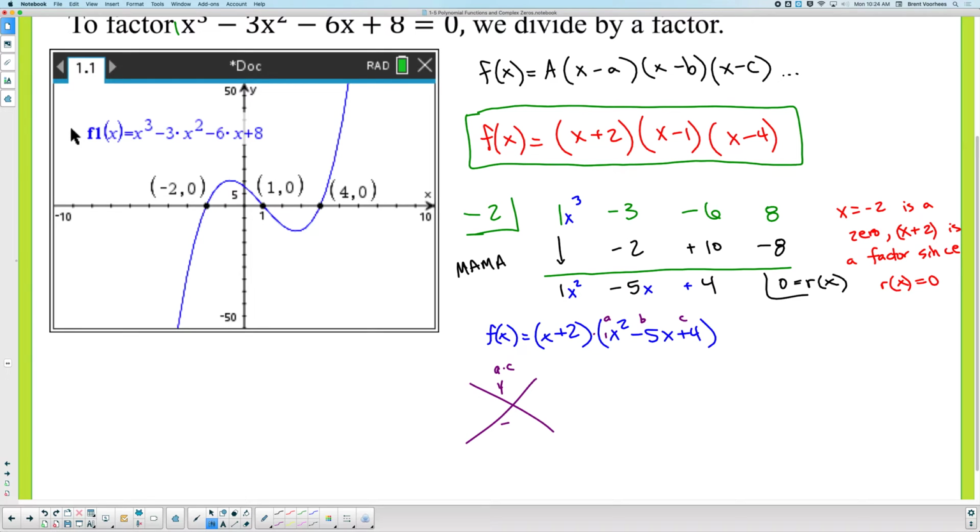And b is -5. What are factors of 4 that add to -5? Ignore the negatives for a moment. It's not 2 and 2. It's got to be 4 and 1. And then what makes it a -5? Both negative. So when you split this power, it becomes x minus 4 and